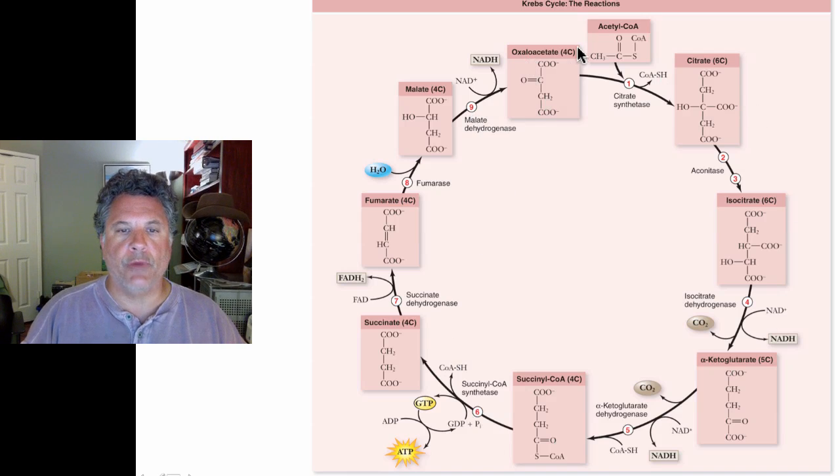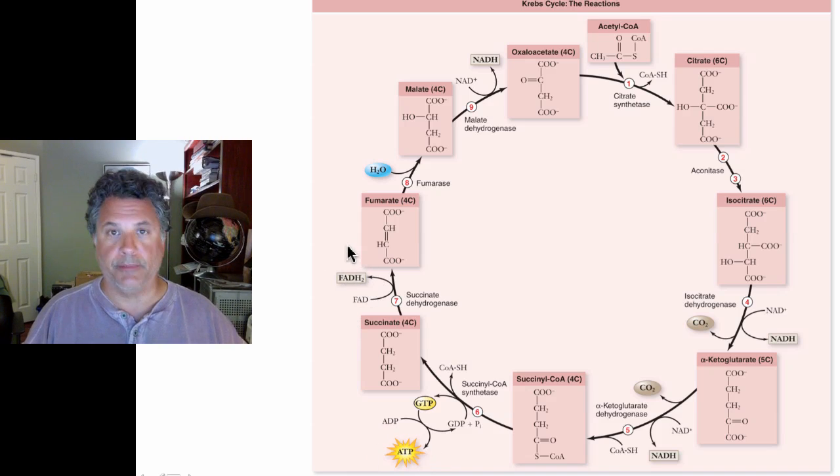Look at what has happened. We have regenerated oxaloacetate. We have regenerated coenzyme A down here. And we have produced 2 molecules of CO2 per cycle. We've yielded 1, 2, 3 molecules of NADH per cycle. And we've produced 1 ATP per cycle and 1 FADH2 per cycle. So now we're ready to do a bit of accounting up to this point prior to entering the last stages of glucose oxidation, which is the electron transport chain that takes place at the intermitochondrial membrane.